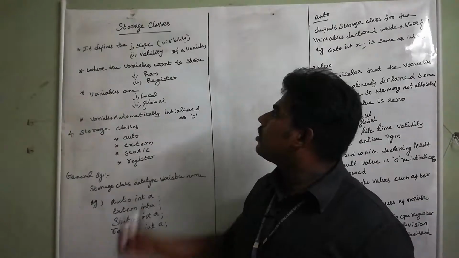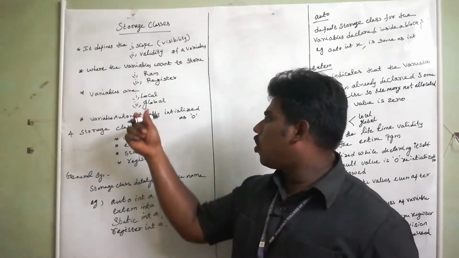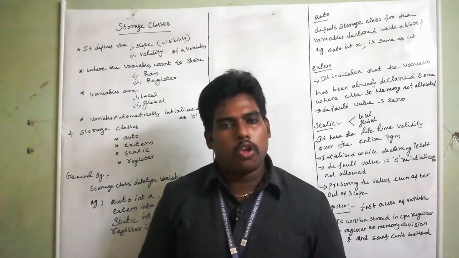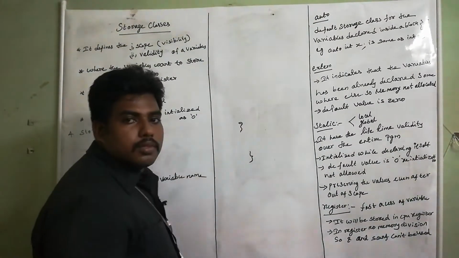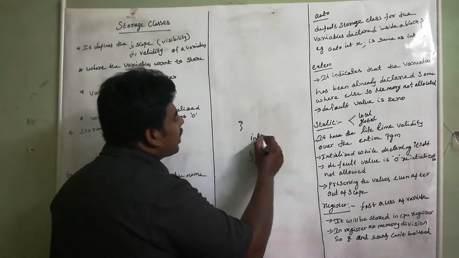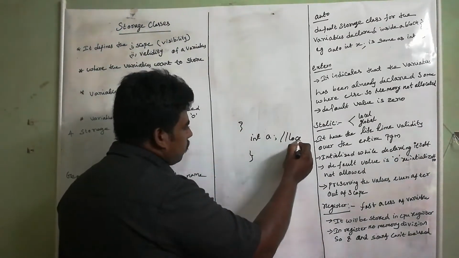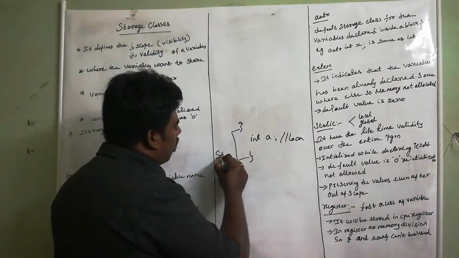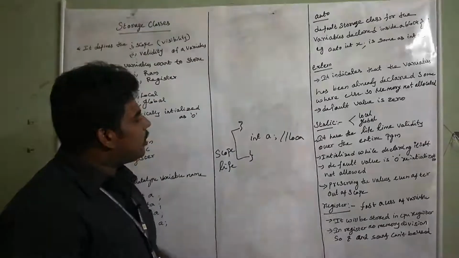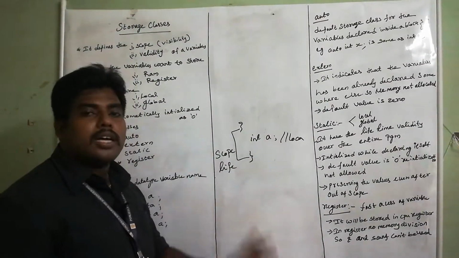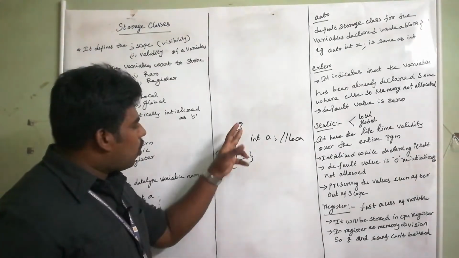The third one is the scope only, whether the variables are used as local or global. What is local and what is global? Local is nothing but inside the curly brace. If you declare any variable inside the curly brace, this is local. The visibility, the scope and lifetime will be in between the open brace and the closed brace. A is valid only inside this open and closed brace.